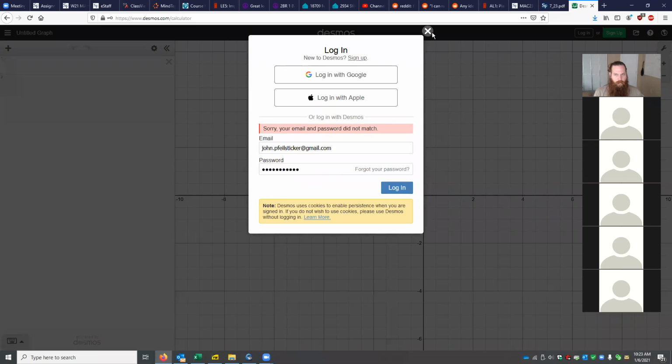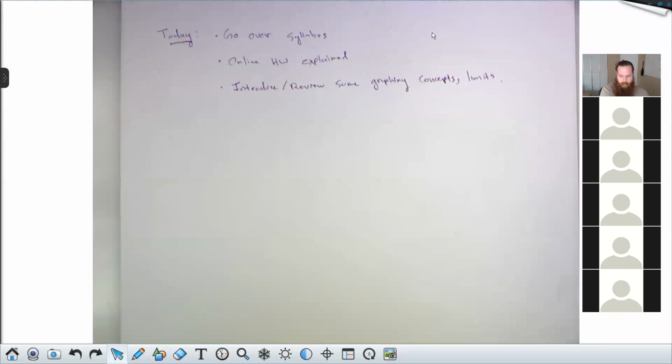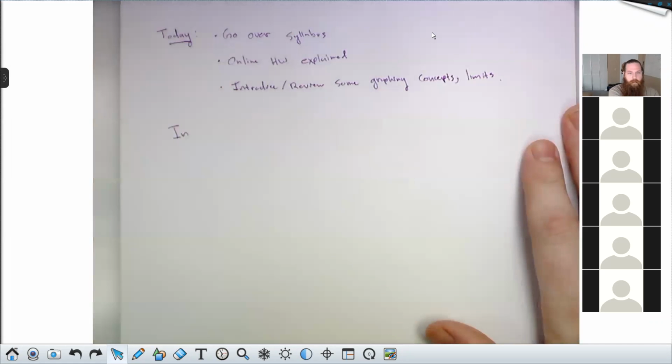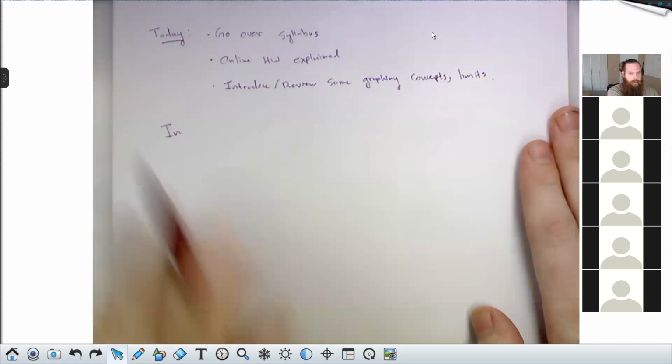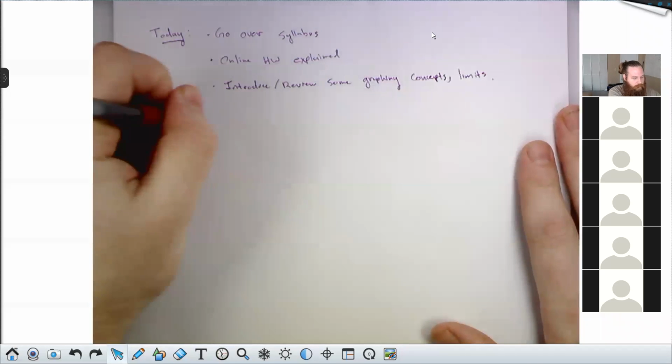All right, let's do it like this. So in calculus, a good rule of thumb: anything I write down on the document camera is something you should write down in your notes. So think about this as being precisely what you should transcribe for your notes.